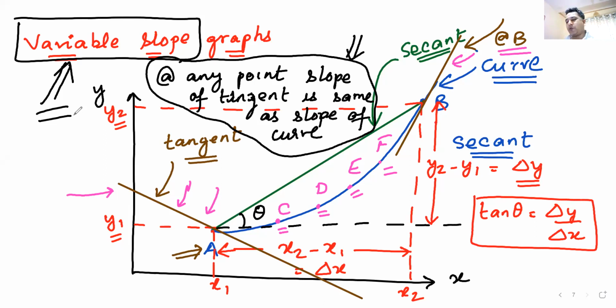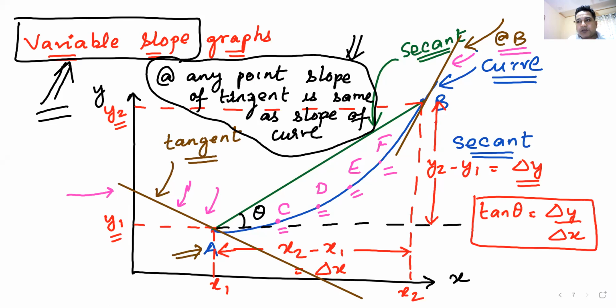Clear? Now, the next step is, and that is the most important step in this class, and we should take that step. From secant, how do I get to tangent? Anyone, any idea? From secant, how can I get to a tangent? Perpendicular, no. I would like to hear some ideas.